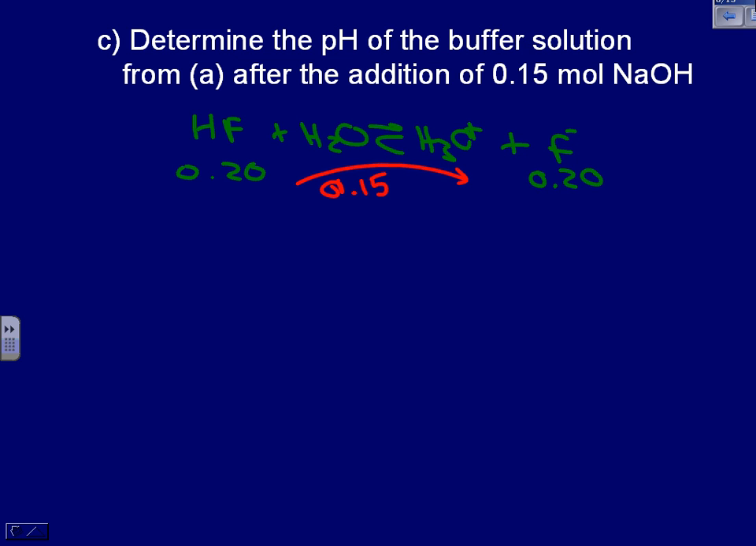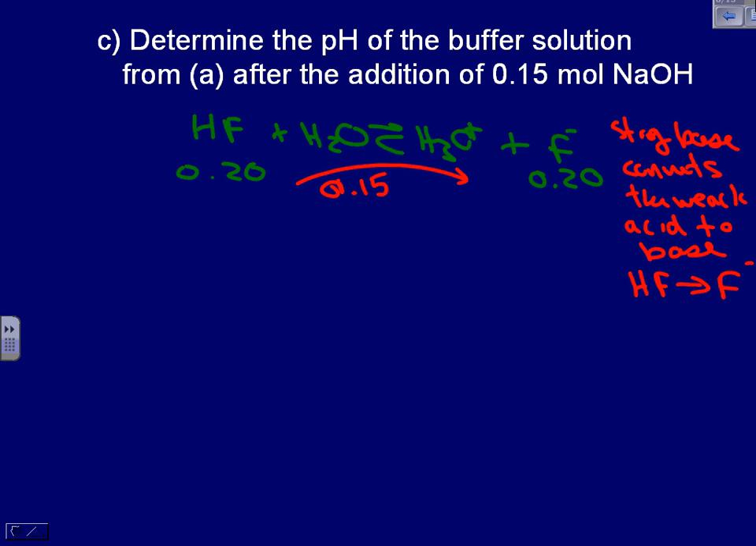A little note on the side: strong base converts the weak acid to base. HF becomes F minus. That's going to be true for any buffer, whether I'm dealing with a base conjugate acid buffer, which we'll do an example of in a moment. That's always true. If you add a base, the acid steps up and saves the day, converts it over to base,